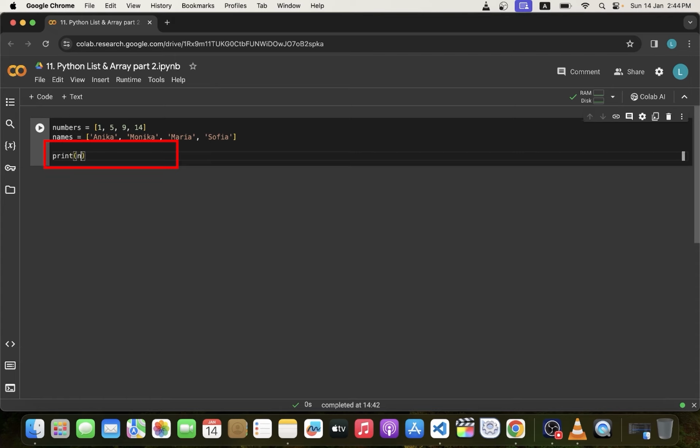So we will write names, the square bracket, and inside the square bracket we will use the len function, and inside the len function we'll pass our list names and -1. Because the index of a list starts from 0, the last index becomes 1 less than the length